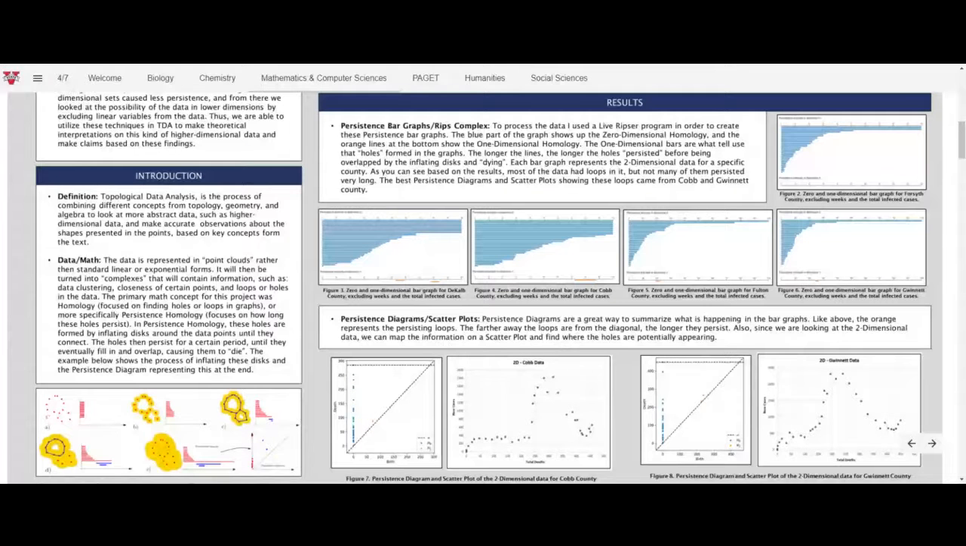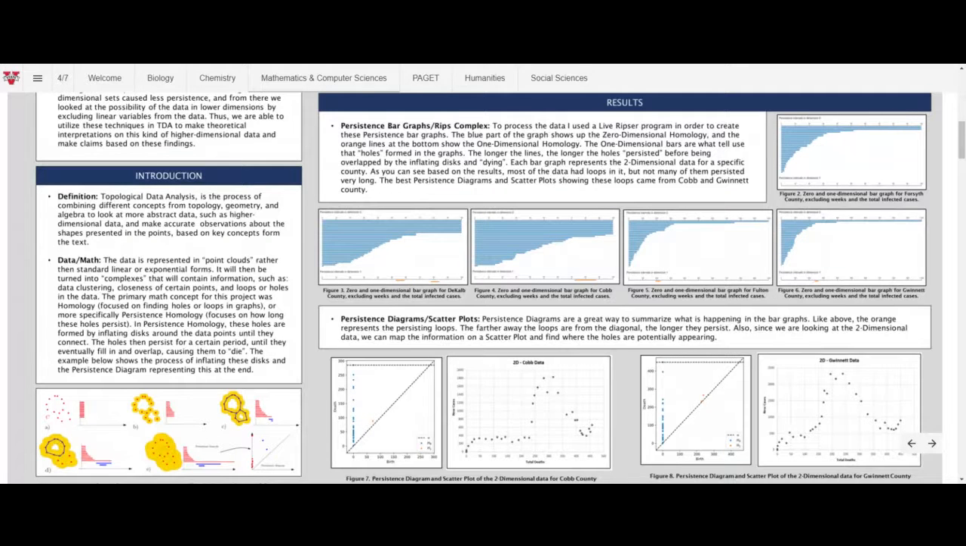So the technique ends up being, what you do is you have this different kind of dimensional data. They're kind of more set in something called a point cloud. They're not very linear or exponential or anything like you've looked at before. They're just points scattered all over the place. And the idea behind it was to inflate these disks all with the same radius until you created these holes